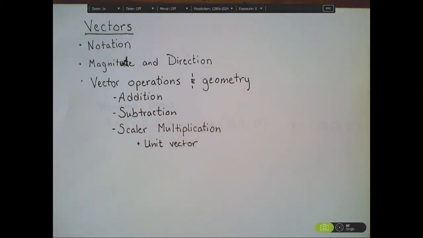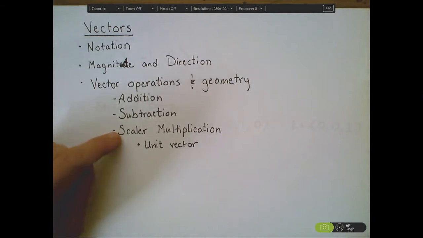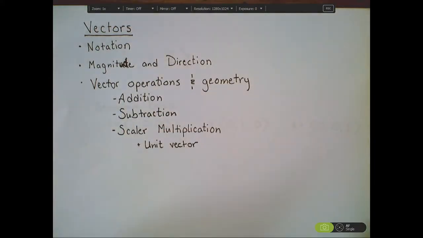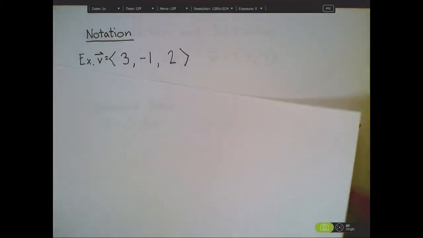In this video, we're going to talk about vectors. I want to do a review of vector notation. We're going to talk about what a vector is in terms of magnitude and direction. We're also going to look at vector operations, including addition, subtraction, and scalar multiplication, and talk about the geometric implications of those operations. So, to start with, for this book, there are many ways that you can represent vectors, but